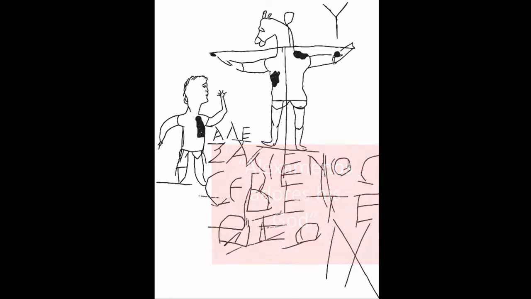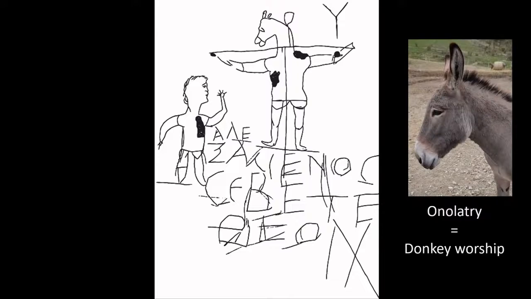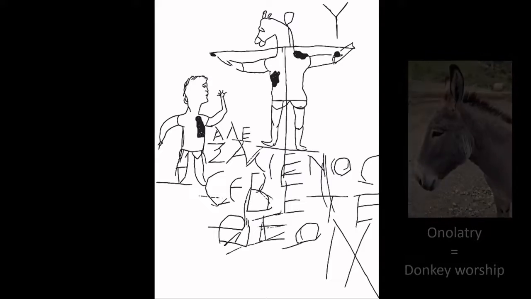No fixed date can be given for this graffiti, and estimates range from the late 1st to the late 3rd century. Around this time and before it, religious groups would poke fun at others by accusing them of worshipping a donkey. This was particularly the case of pagans against Jews and 1st century Christians. Therefore, this graffiti is said by many to be a mockery of a Christian drawn by a cheeky Roman, depicting Jesus with the head of a donkey on a cross.